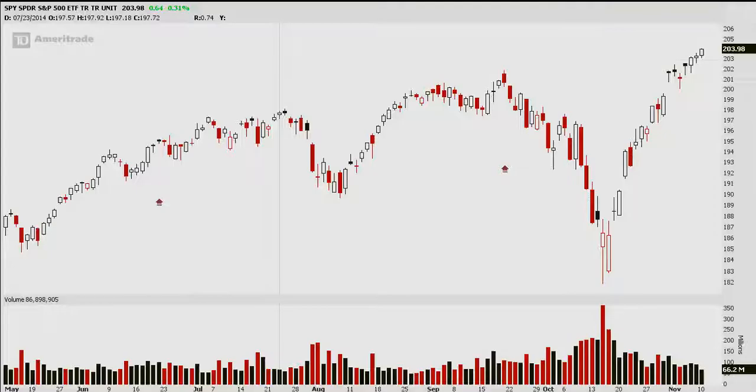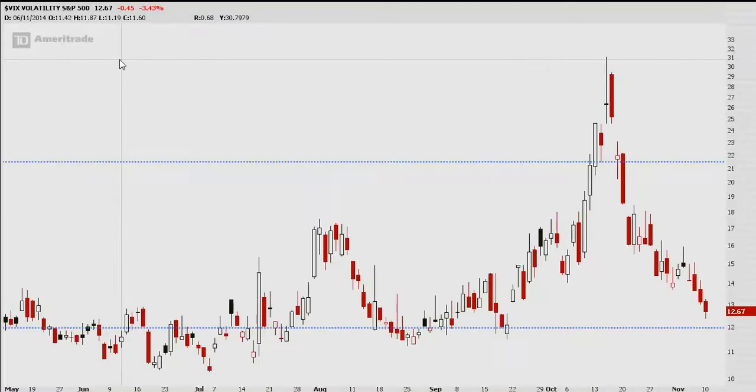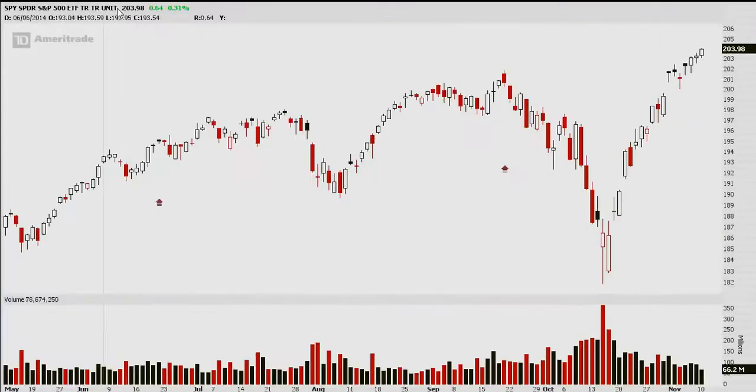If I flip back and we take a look at the volatility index, we have a big pullback in the VIX, all the way down to basically where we were sitting all summer, the low teens. And so if we continue to kind of sit here in the low teens, I wouldn't find it very plausible for us to just completely fall out of the sky. If we have a little bit of a spike, maybe up to 16, 17, 18, and a little bit of a pullback, some bigger volume days to the downside, that would be